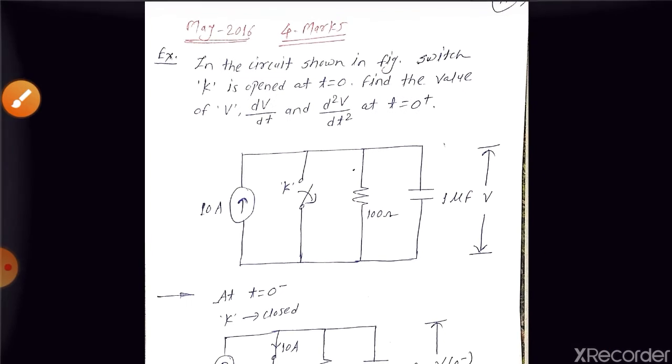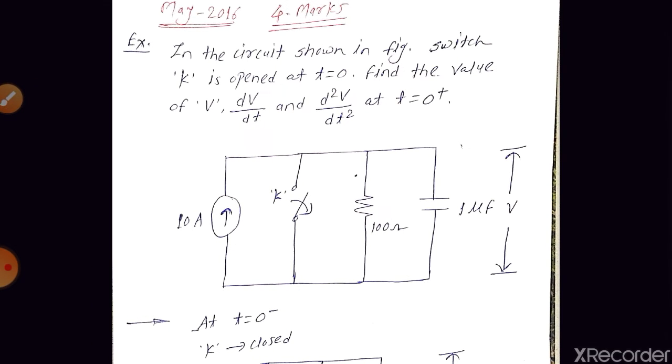Next, let us first understand whether it is a case with zero initial condition or with non-zero initial condition. Yet we have not discussed anything regarding the non-zero initial condition. So this example is related to the zero initial condition. Why it comes under zero initial condition, we will discuss first.